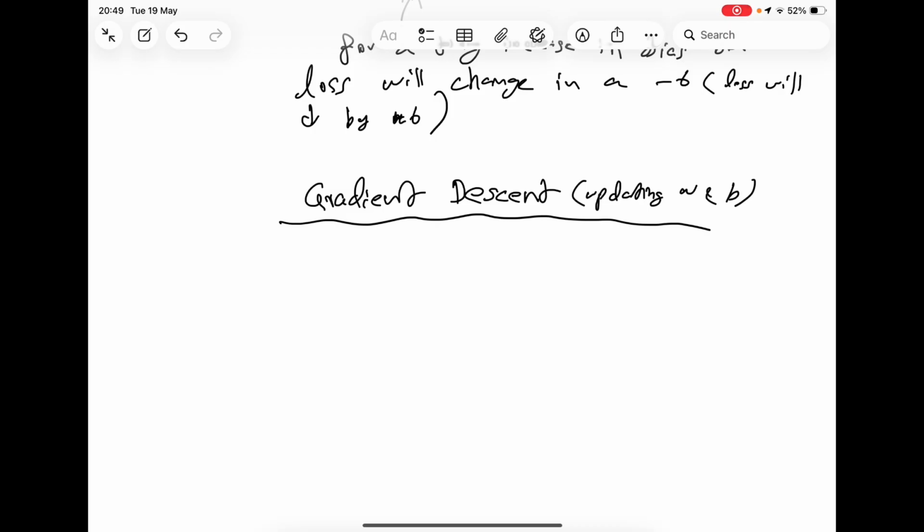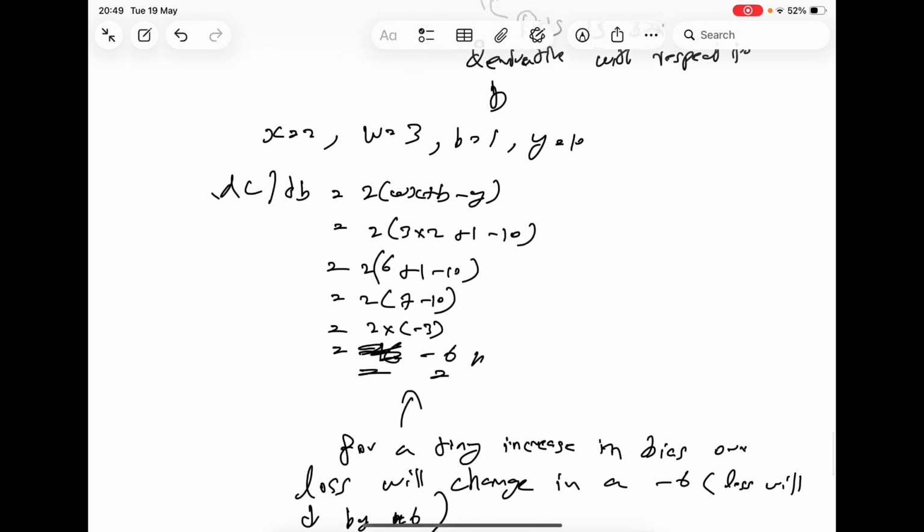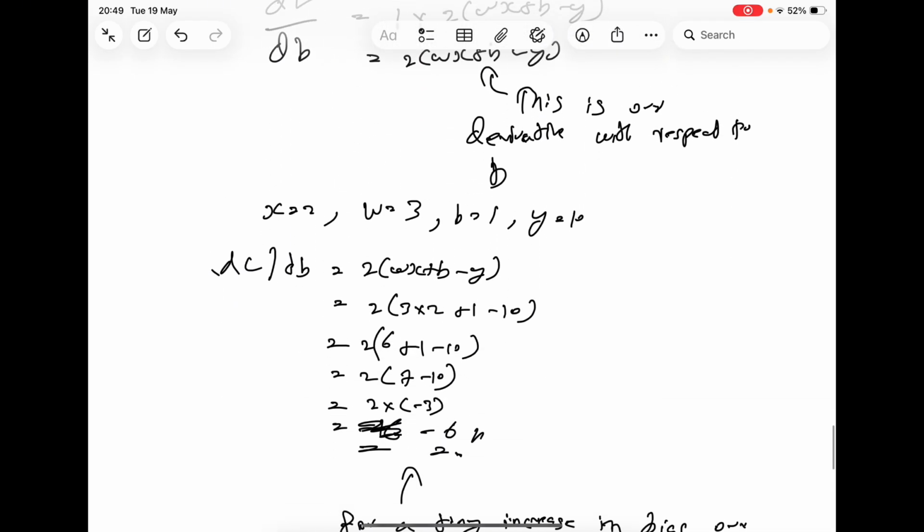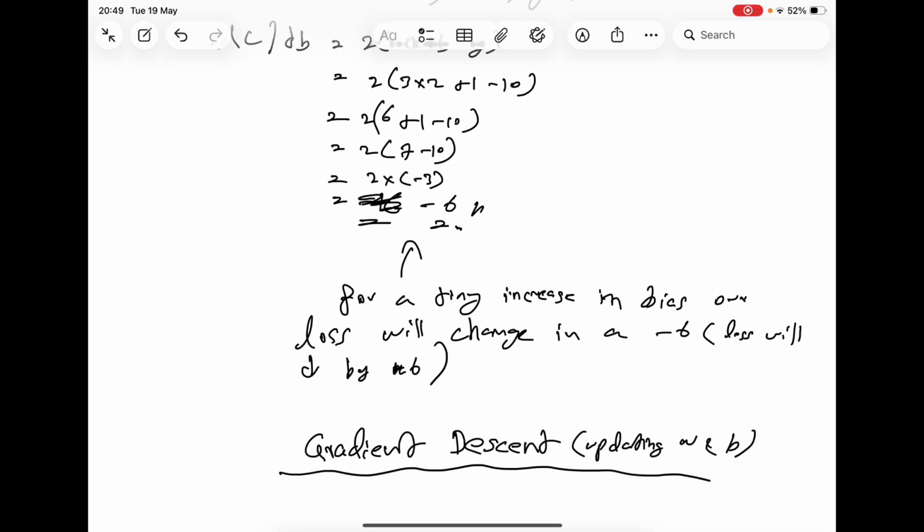What we do is we are not going to directly reduce this amount from our weight or the bias, because if we do that, then we will see huge spikes in the loss function. So we need to gradually, one by one, in very slow steps, reduce that error. So that should be our main goal. To achieve that main goal,